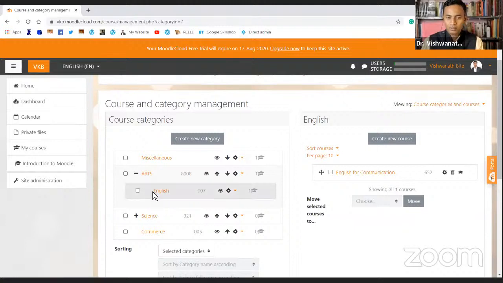What we can do is create one subcategory for each of the arts departments or science departments: one for physics, one for chemistry, one for the other departments in the same sense.